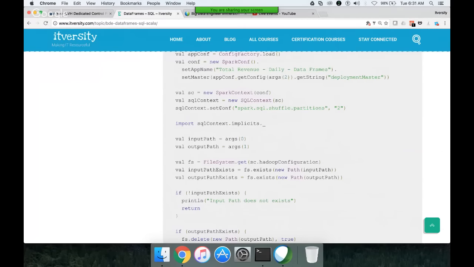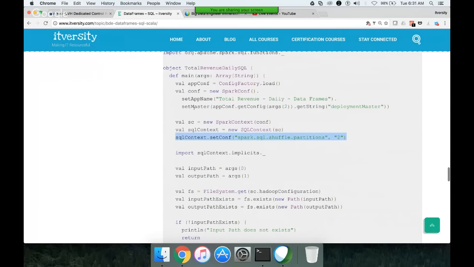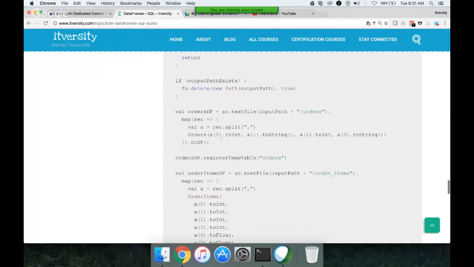So we use this not only to play with the number of partitions, but in several other scenarios wherever you have to override certain parameters, you have to use this set conf function, and you have to override like this. Sometimes we override at SQL context, sometimes we override it at SC Spark context. I think Spark context has a method called set, and in the set method you can override certain parameters. But when it comes to dealing with Spark SQL, typically we use SQL context dot set conf method. Okay, so this is how you can actually